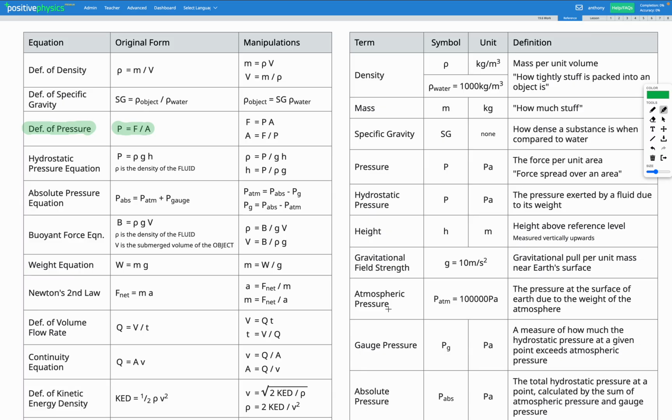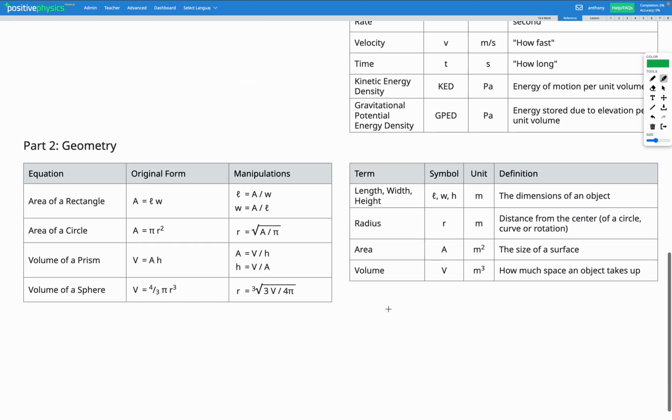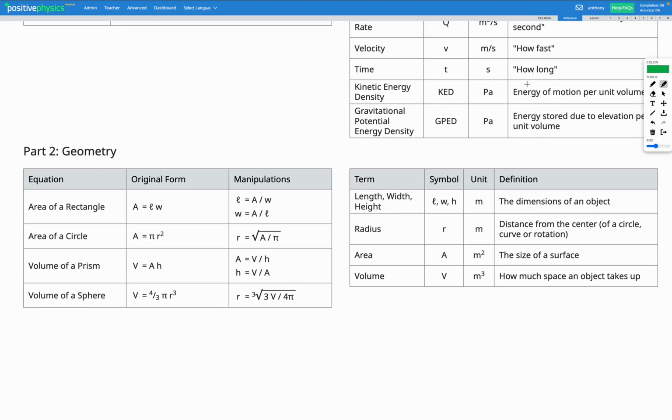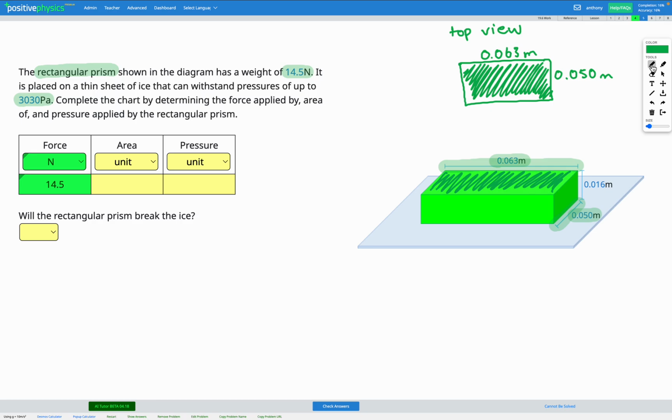If we scroll down on our reference sheet, we get to the geometry section, which tells us the area of a rectangle. Area is length times width. So we're going to use that to figure out the area touching the ice. So area of our rectangle is length times width. We know that our length of our rectangle is 0.063 meters. Our width is 0.050 meters. So putting those in our equation, we get